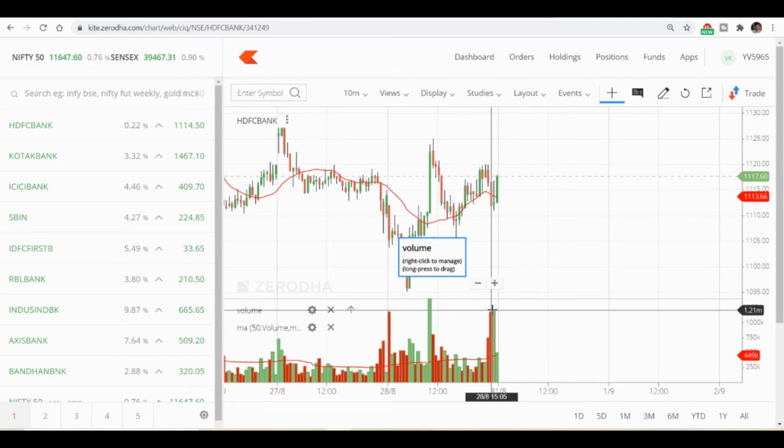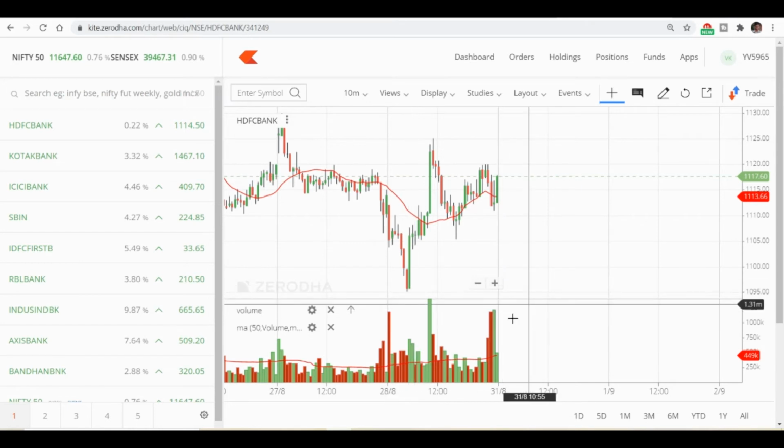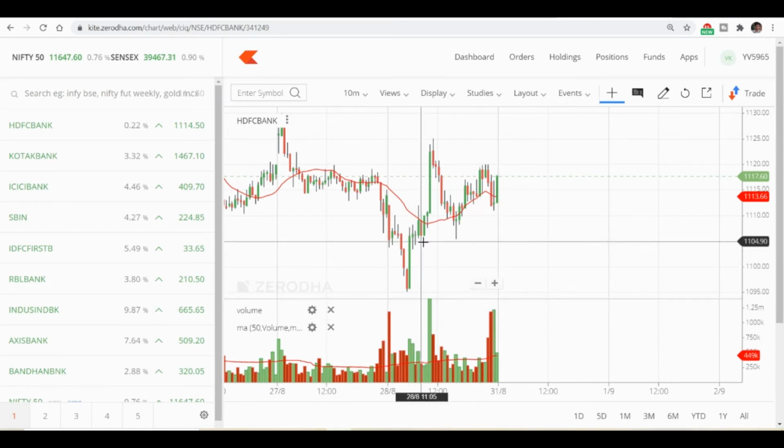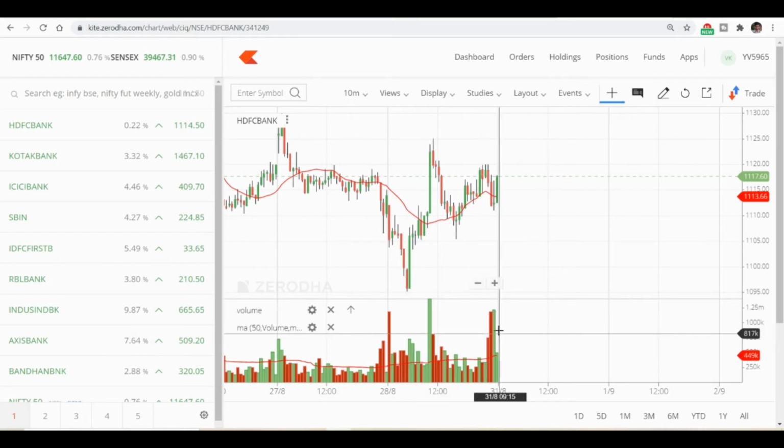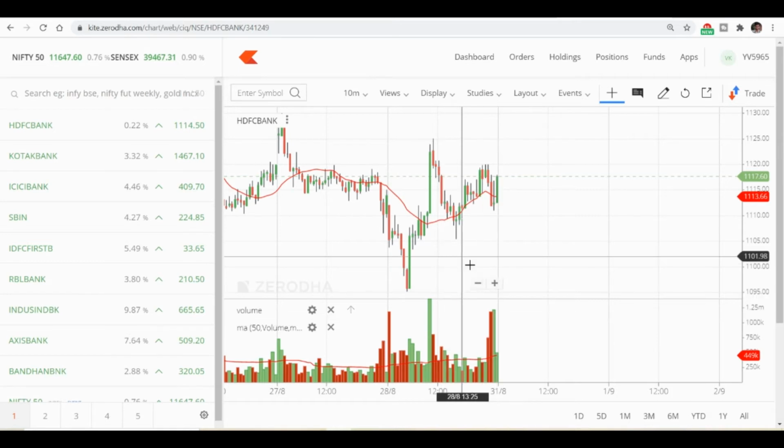Next we will see the scanner and identify the list of stocks. Now that we have drawn it, once the stock is there, we can plot this and identify whether the volume has increased. But it's difficult to manually open each and every stock and see whether the volume has increased, the price has increased, and how much price gain happened.